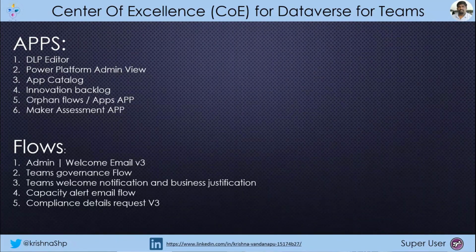The biggest advantage is when you use Dataverse for Teams, all the components like nurturing, innovation, and governance components are absolutely free. Why am I saying absolutely free? Earlier in the classic COE, when you configure, you will have to have a Dataverse license, especially when you want to expose the innovation and nurturing components to the entire organization. Whoever wants to submit their idea or submit their solution with the help of the nurturing component has to have a Dataverse license. But now when you come onto Dataverse for Teams, it is absolutely a standard connector